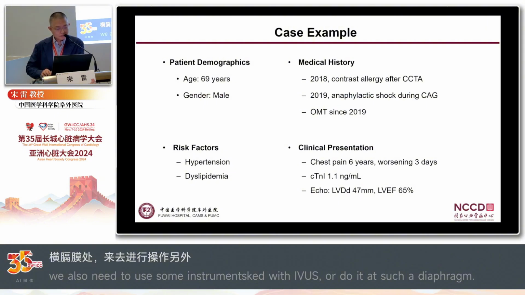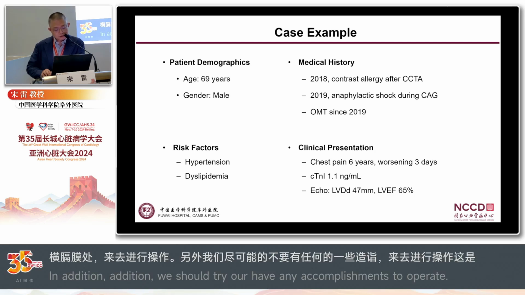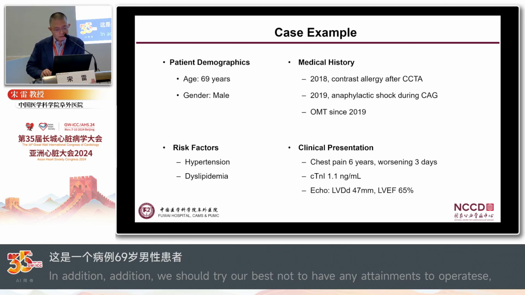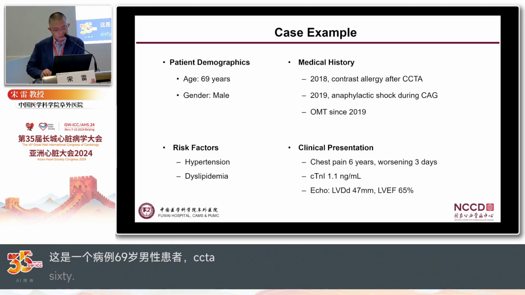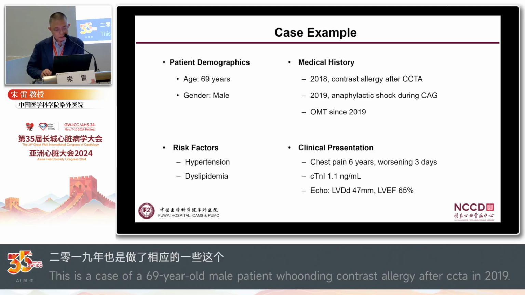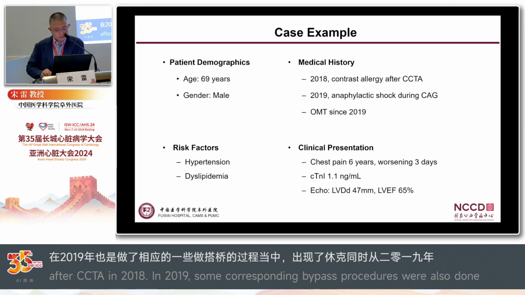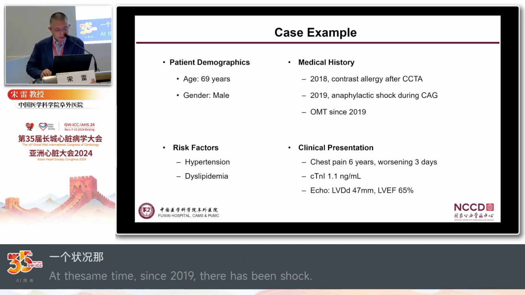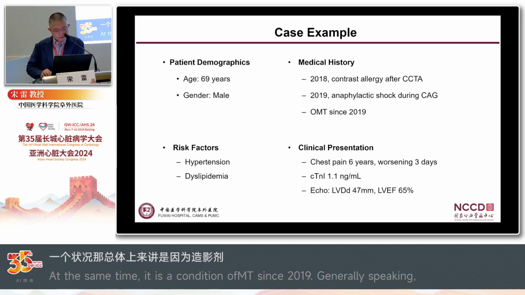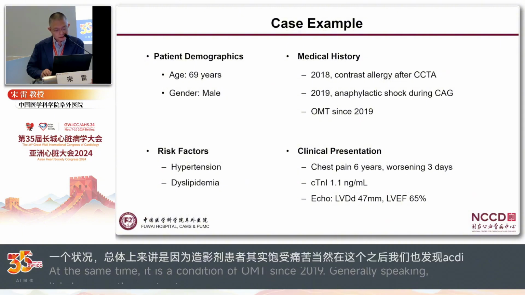And here's a case example. It's a 69 years old male patient. They performed a coronary CTA, CT angiography, 6 years ago and have some contrast allergy. And 5 years ago, the patient had angina and had coronary angiography, and had an anaphylactic shock because of contrast medium. Because of that, the patient could not do any PCI at this hospital and has been on optimal medical therapy since